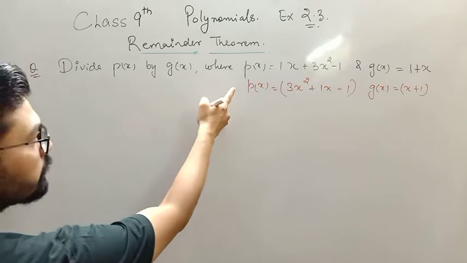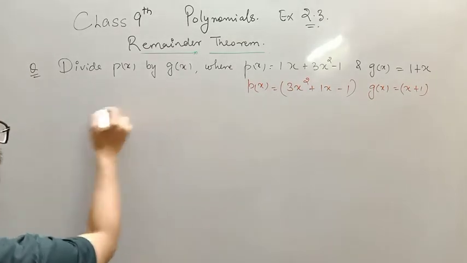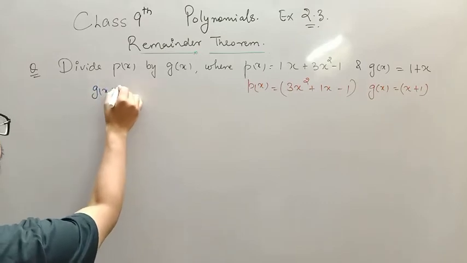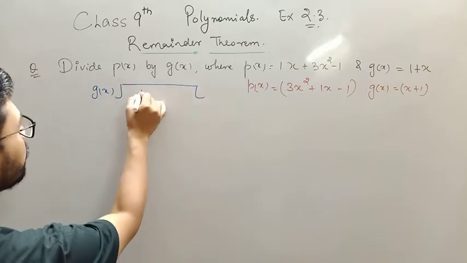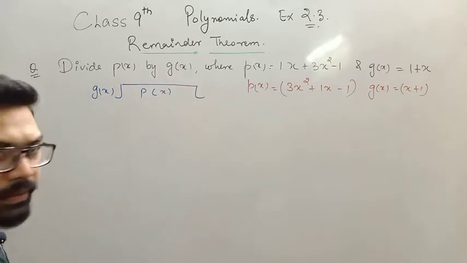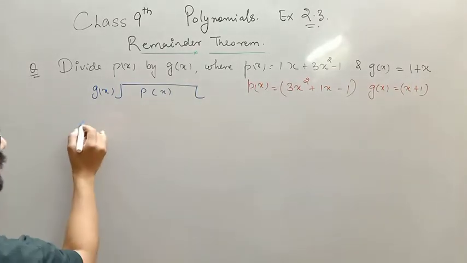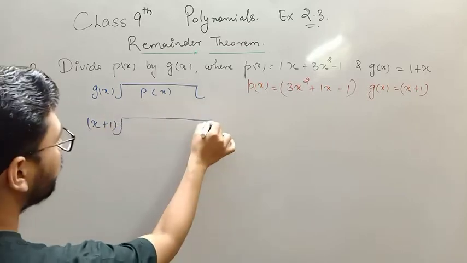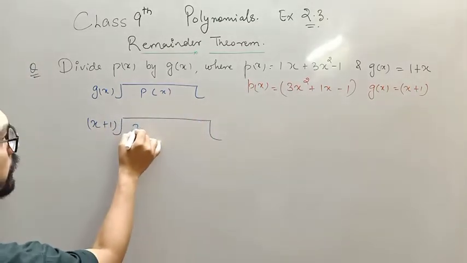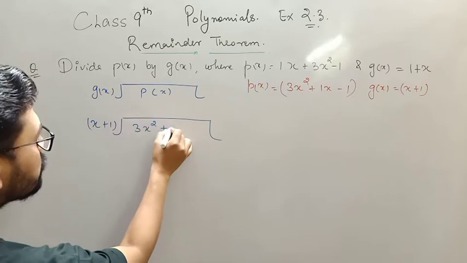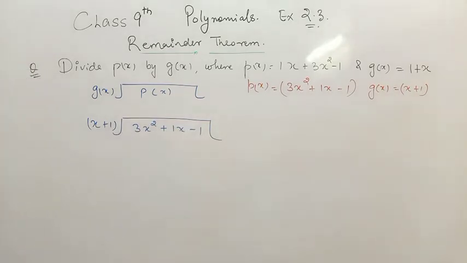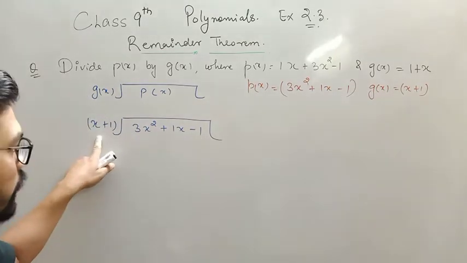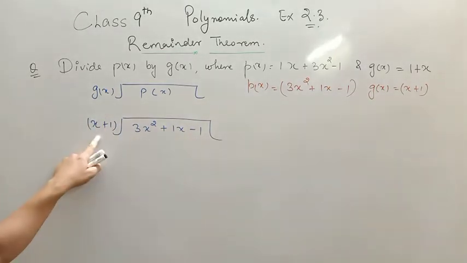Okay. Now how to solve this question? So divide px by gx. So gx, divide px like this, right? Now what is gx? x plus 1. And what is px? 3x square plus 1x minus 1. Now I just need to divide this polynomial by this. This is a quadratic polynomial, this is a linear. Now